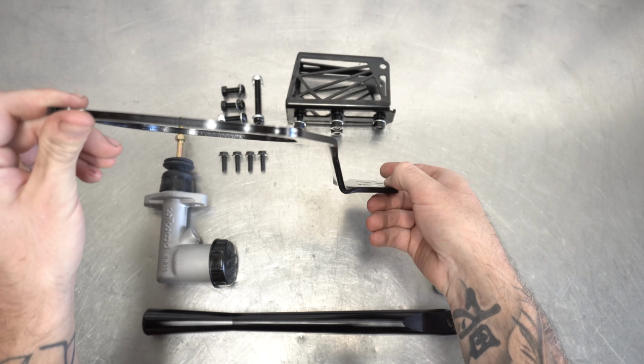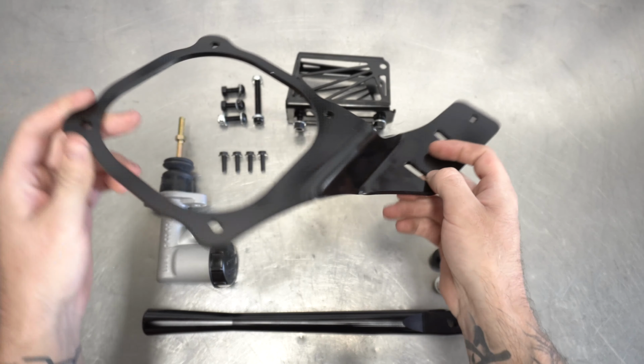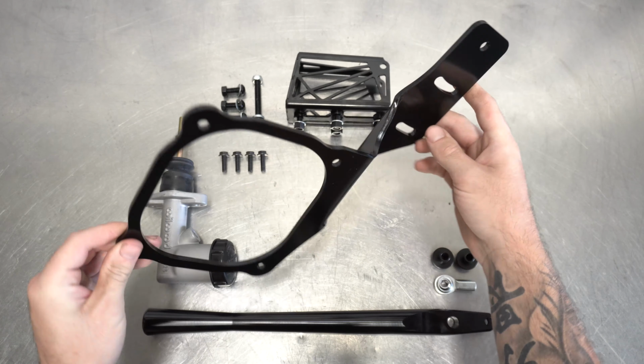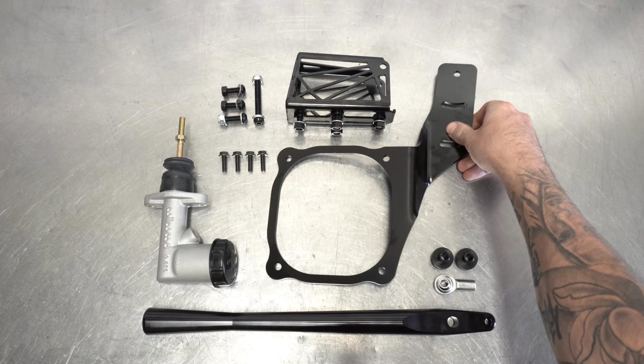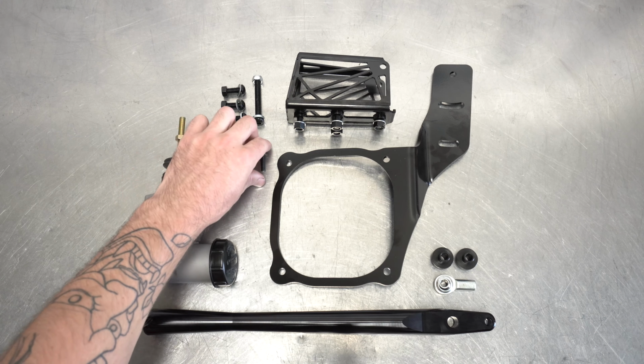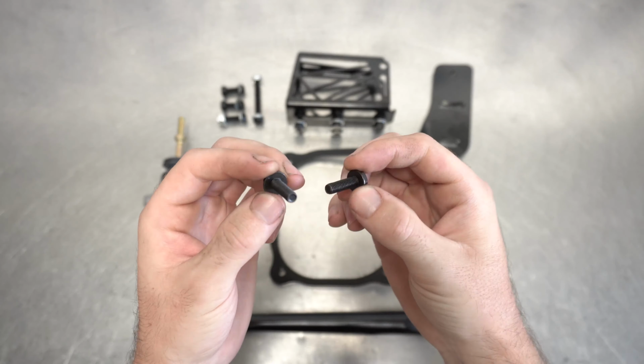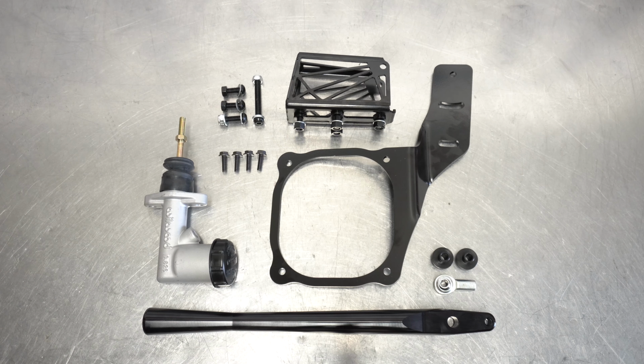Now these brackets also come in different styles, such as mounting to the left or right of the transmission tunnel or in the center console for that super clean I don't have an e-brake but I have an e-brake look. Last up on our longest unboxing video ever shown is the 4 bolts to clamp the handbrake mount down to the tunnel. Now that I've run out of voice, it's time to finally move on to getting this thing installed